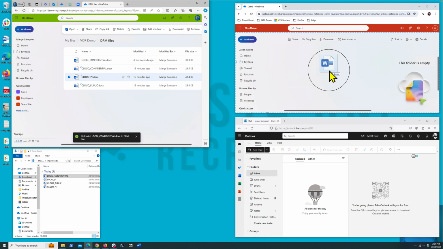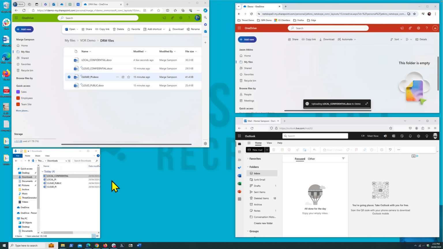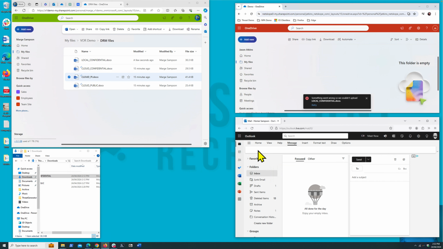What if I attempt to copy it over to my Netskope OneDrive, which is a different version? And again, it's picking up that I should not be copying anything that has a sensitivity tag of confidential or personal information up to a different version of OneDrive. Instance awareness is very important in this case. Now also, if I attempt to copy this down, no, I won't do that one. I'm going to attempt to connect it to an email. So let me attempt to send an email to